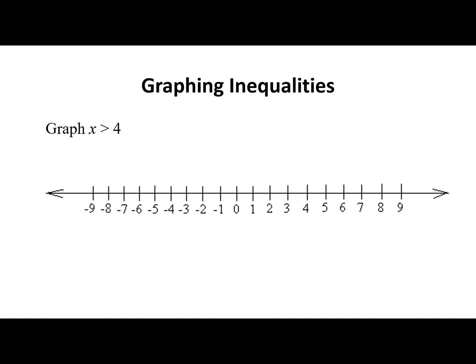So we're going to graph this inequality. This is saying x is greater than 4. So remember, the Pac-Man is eating the x, therefore x is greater than 4. To graph this, it's a visual way of seeing what numbers make this inequality true. So we go to 4, it can't equal 4, so we put a circle, letting the reader know it cannot equal 4, but we can get as close to 4 as we would like,